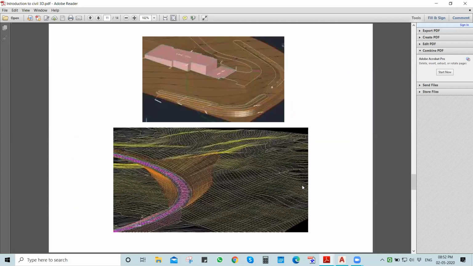This is the real picture, you can say, for highway engineering. If you see the bottom image, there is a highway going across the existing ground. So there may be cut, there may be fill across the length of the road. We can get those values: where would be cut, where would be fill.